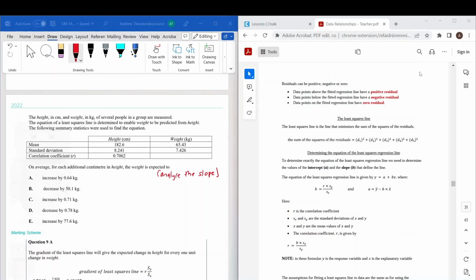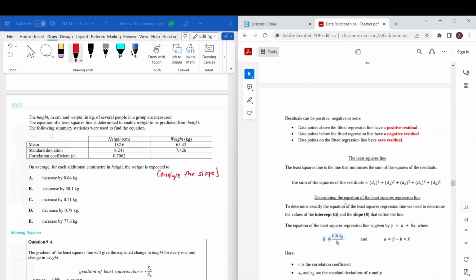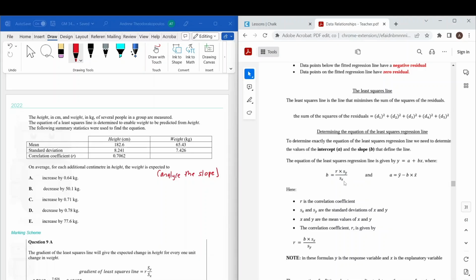And as you can see, to find the slope, the slope is what we call the B value. Slope is using this formula here: B equals R times the standard deviation of Y divided by the standard deviation of X. So you've got all those numbers here. So all you really need to do is, as you can see here, we've done R, which is